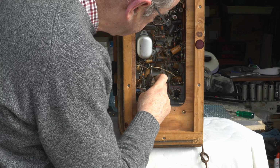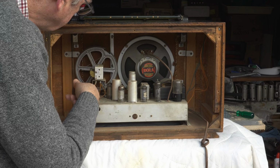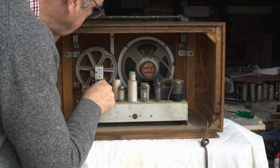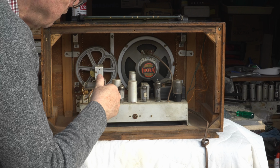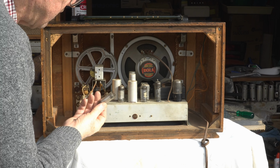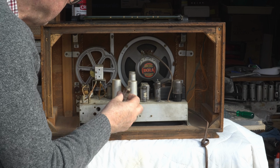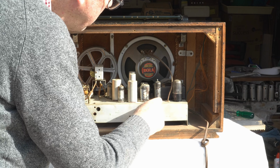The actual mains transformer looks good, hasn't leaked anywhere. So there's another trimmer up there. It's a 6 valve set, so it's got 6 and 8, 6A and 7, I guess. Actually, the pins look very badly burnt. 6 and 8, 6A and 7, 6 and 8 again, another 6 and 8, and a 6M5,